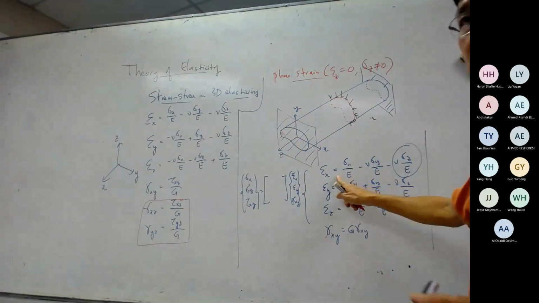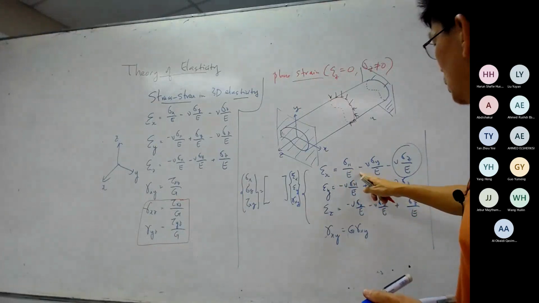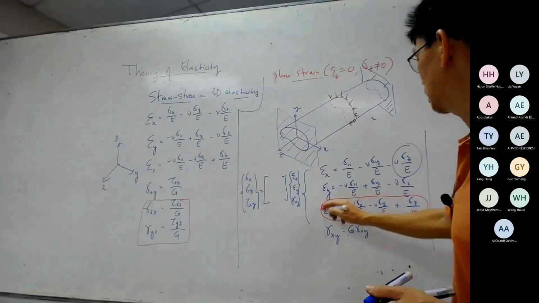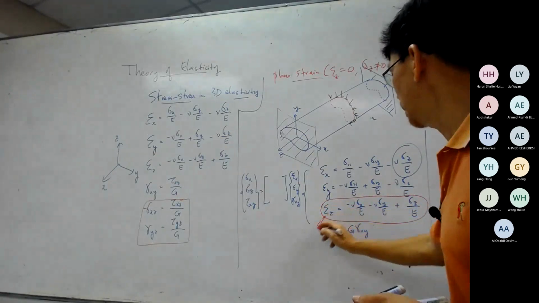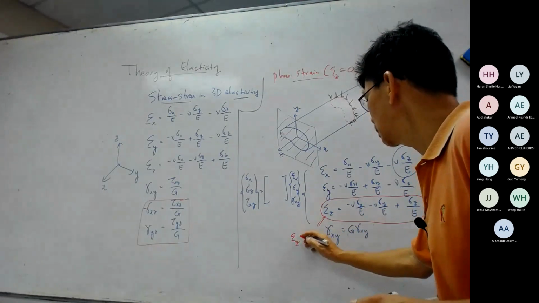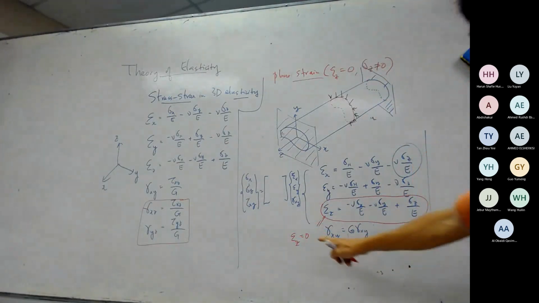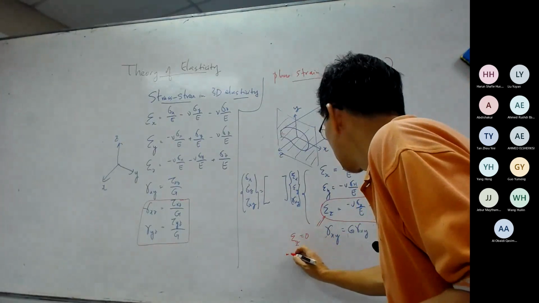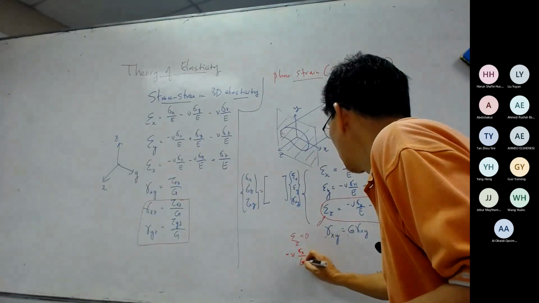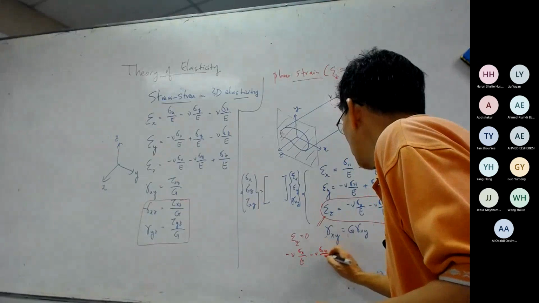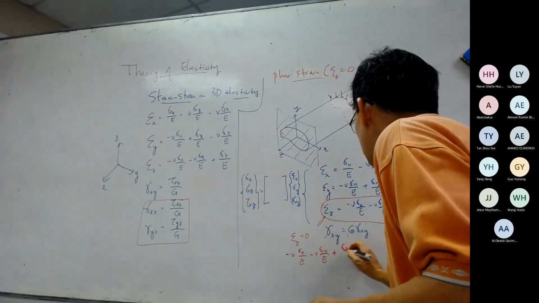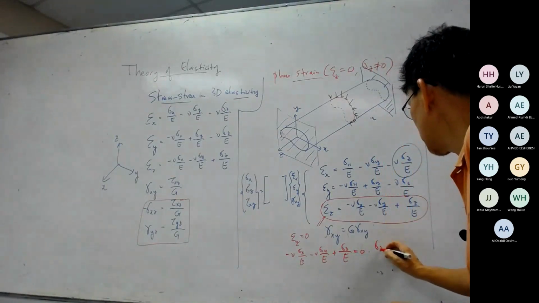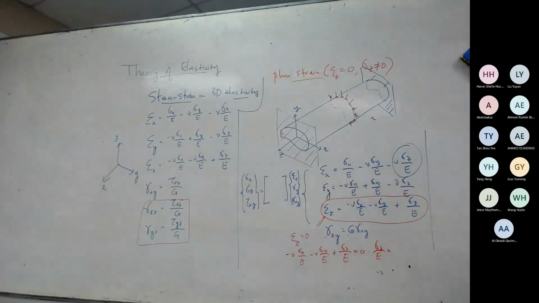So again, we need to be able to use these two equations, then consider this. This one in plane strain is epsilon z equal to 0. So when we put epsilon z equal to 0, then from here you get minus sigma x over E minus sigma y over E plus sigma z over E equal to 0. So from here you get sigma z over E